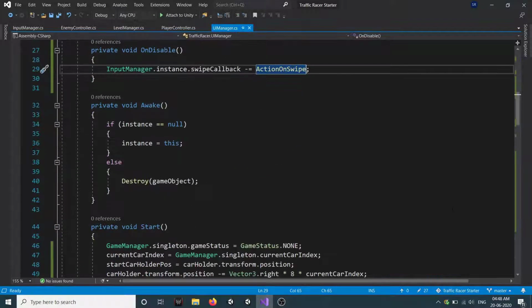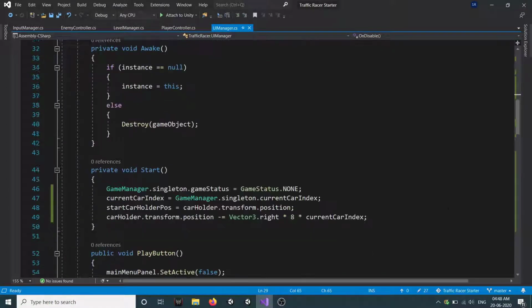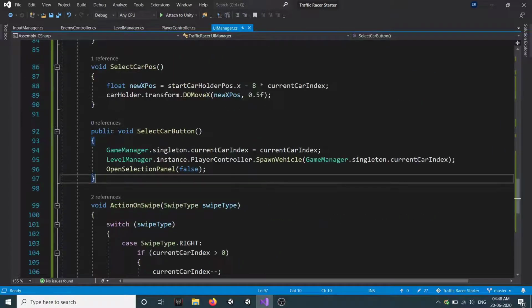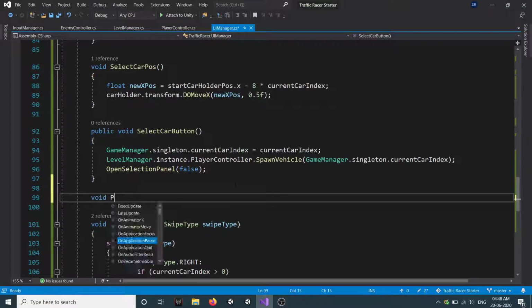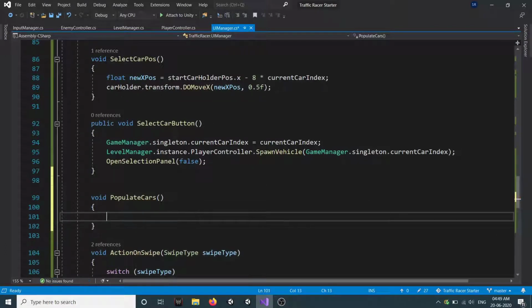Now we need to spawn our car vehicles in our car holder. So for that, let's go down here and we will create a new method, void populate cars. We need to populate all the cars which are in our list, so we'll go to a for loop.